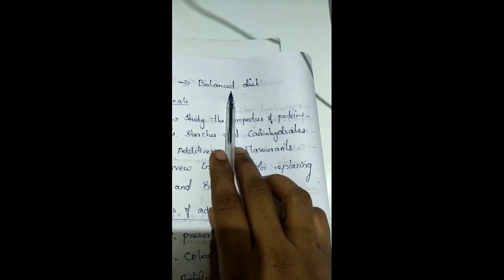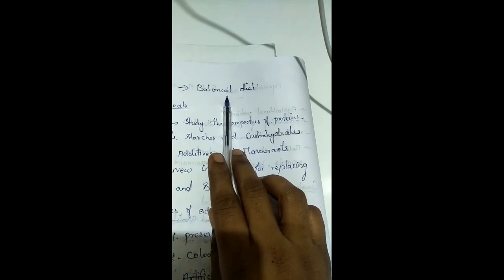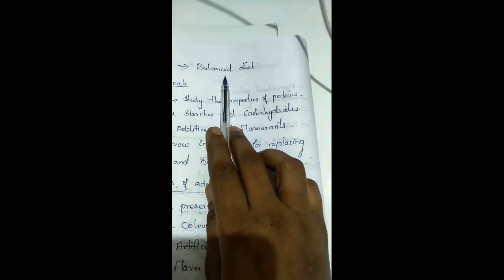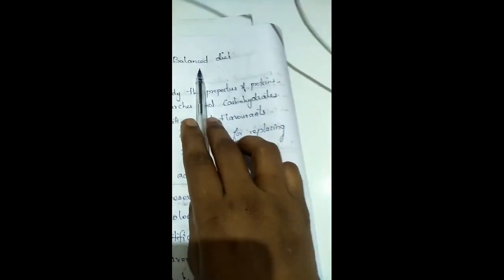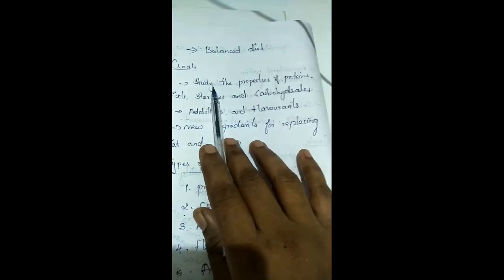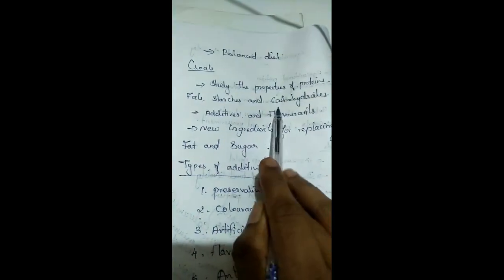What will they do? They will analyze the food, process the food, and package it, and how materials are utilized, everything is looked after, and also the safety and good quality of foods. All of this is monitored by whom? The food chemist. And what is the goal? What is the goal of this chemist in the field of food? They study the properties of proteins, fats, starch and carbohydrates.